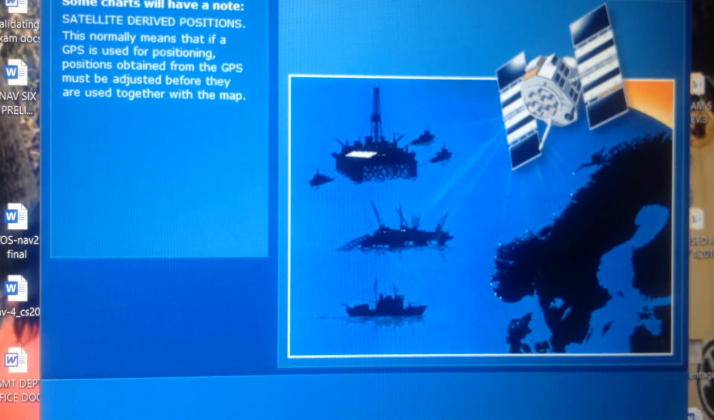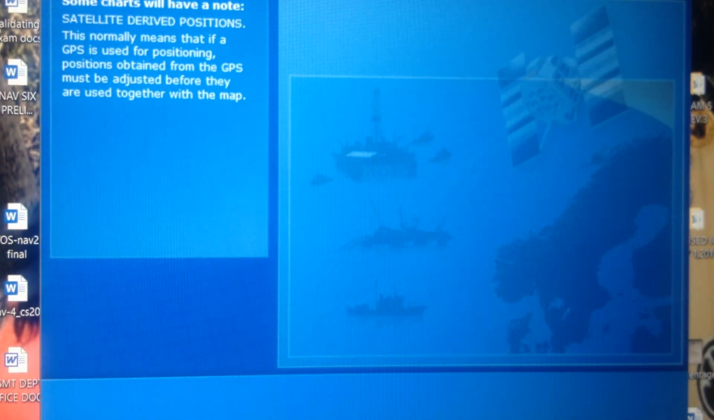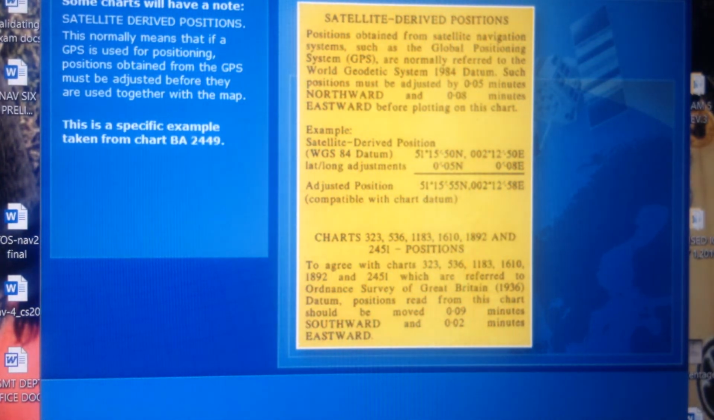Some charts will have a note about satellite-derived positions. This normally means that if a GPS is used for positioning, positions obtained from the GPS must be adjusted before they are used together with the chart. This is a specific example taken from chart BA